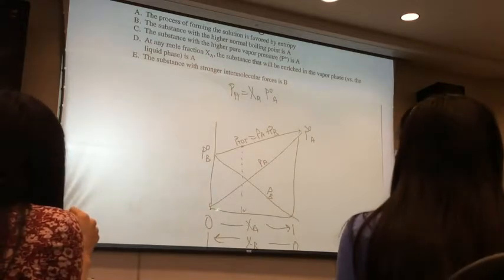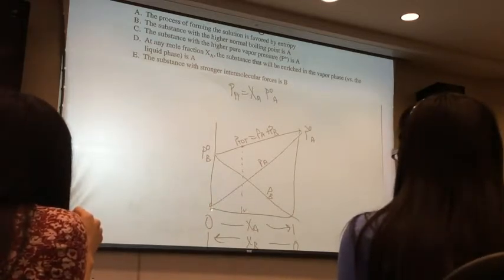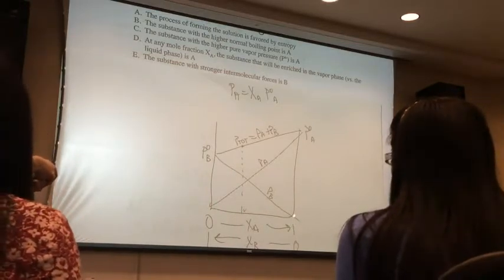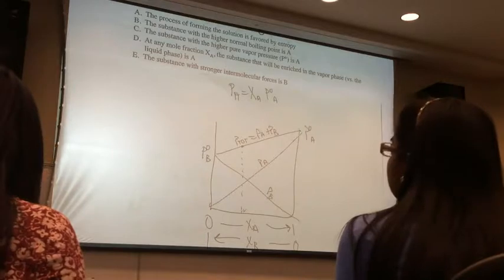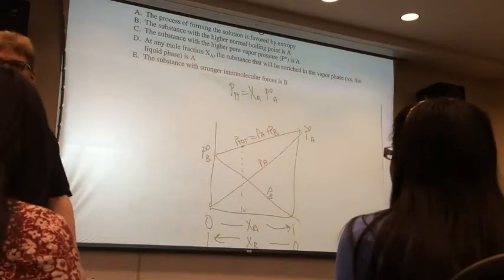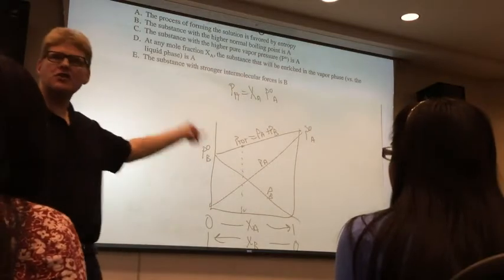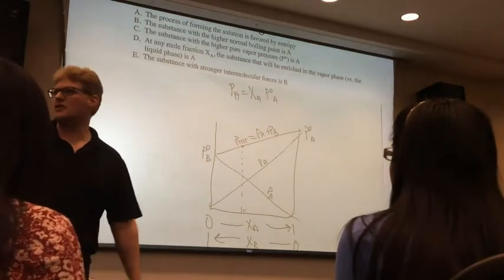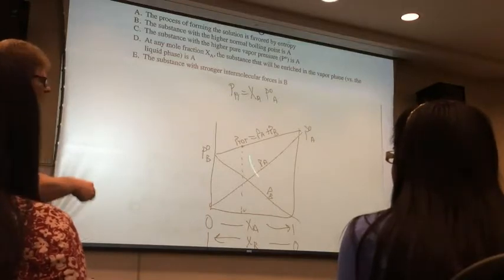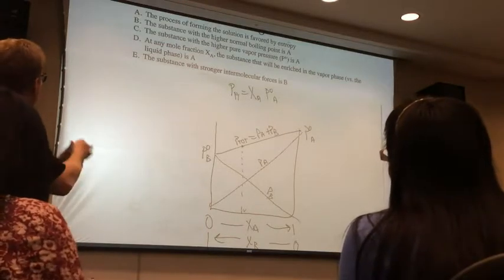So if there's no A, there's no pressure coming from A. When the mole fraction is 1 for A, the pressure is all the way up here, and it's the total pressure in the system, so that would be the P0A. Okay? So the mole fraction tells you which is which. The other way to do this would be not to label anything and to give you